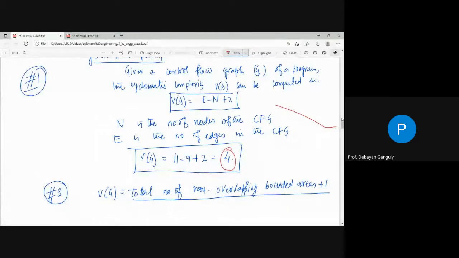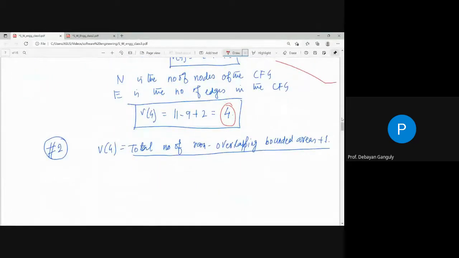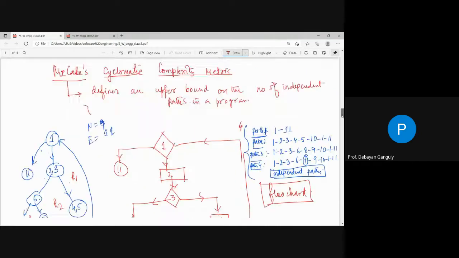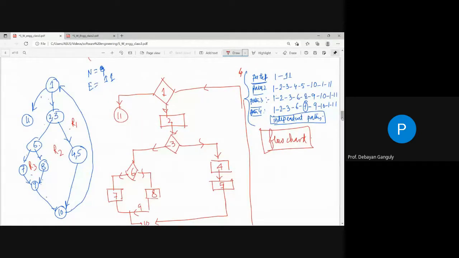হ্যাঁ আর এখানেও দেখো নাম্বার অফ নন ওভারল্যাপিং বাউন্ডেড এরিয়া কত, দ্যাট ইজ 3 প্লাস 1, 3, হ্যাঁ দ্যাট ইজ অলসো গিভস ইউ 4। 4। বুঝতে পেরেছো? তার মানে হ্যাঁ আমরা এই 4টে ভাবেই বার করতে পারি, সেটাই বোঝানোর উদ্দেশ্য। ওই মানে 3টে ভাবেই আমরা এইভাবে সাইক্লোমেট্রিক কমপ্লেক্সিটি আমরা বার করতে পারি। ক্লিয়ার? আচ্ছা, ওকে স্যার।